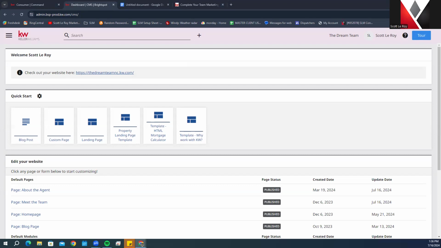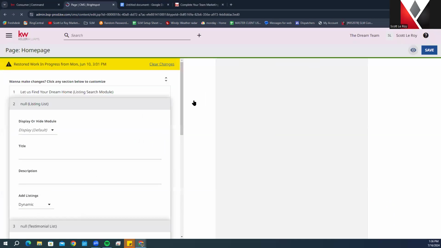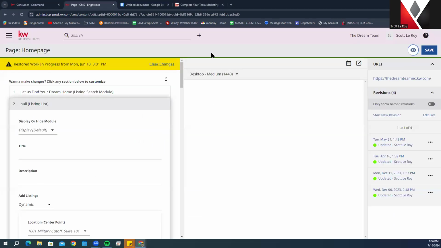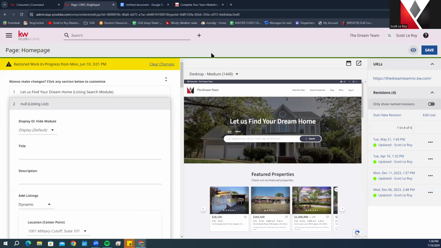So after the Meet the Team page, we have our home page. So this is going to be very similar to the homepage on the personal command sites. So I'm not going to get too detailed here since we cover this in our other classes. We'll just kind of do a brief overview here. So you have your